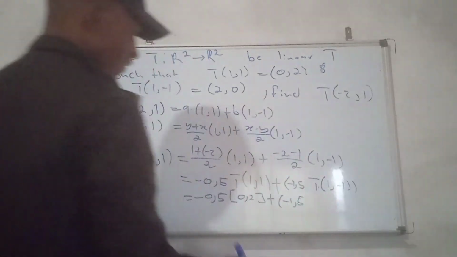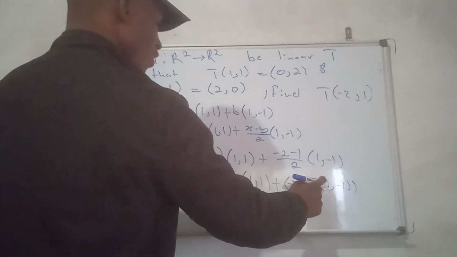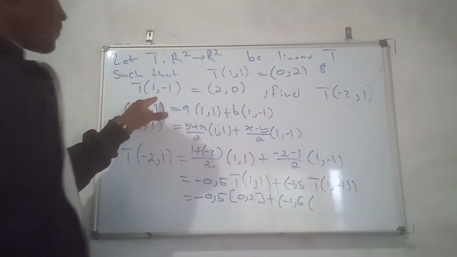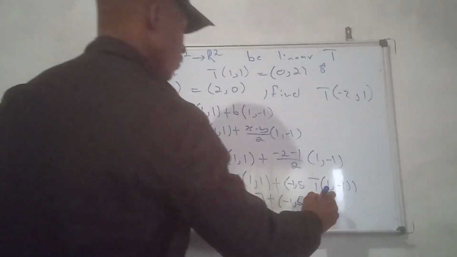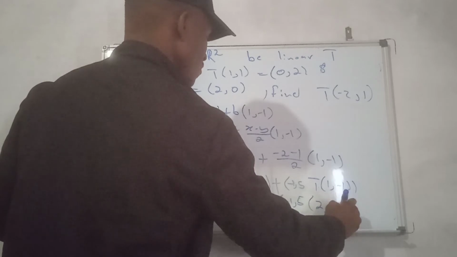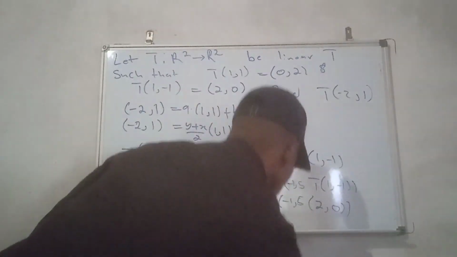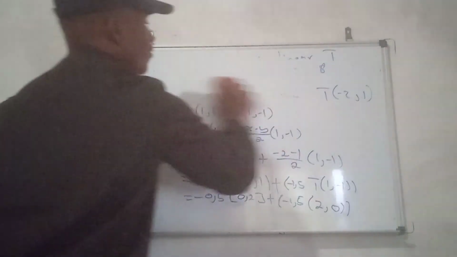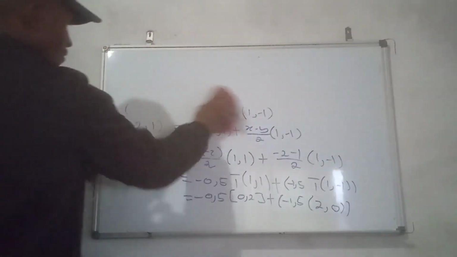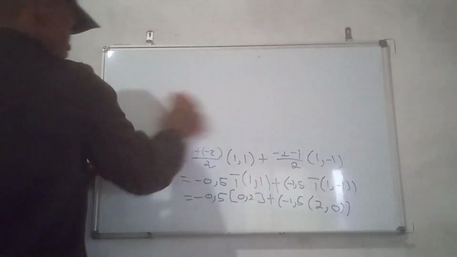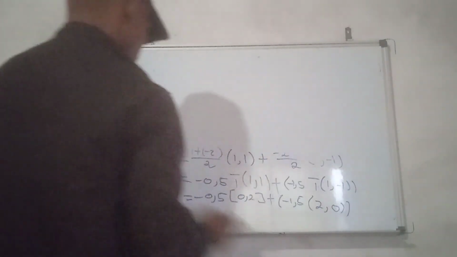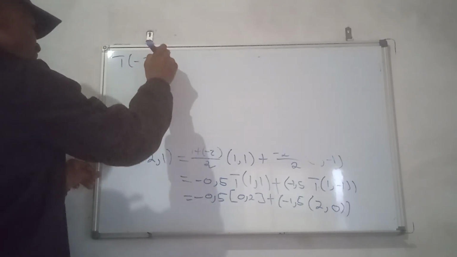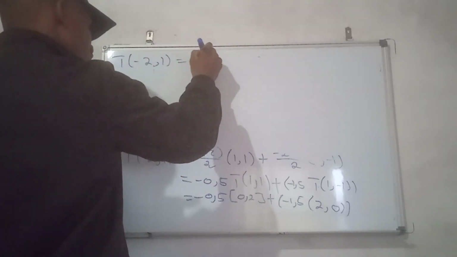So we must also invent T. But what is T of (1,-1)? It is the same as (2,0). So let me erase the first part. So T of (-2,1) is the same as minus 1 over 2,